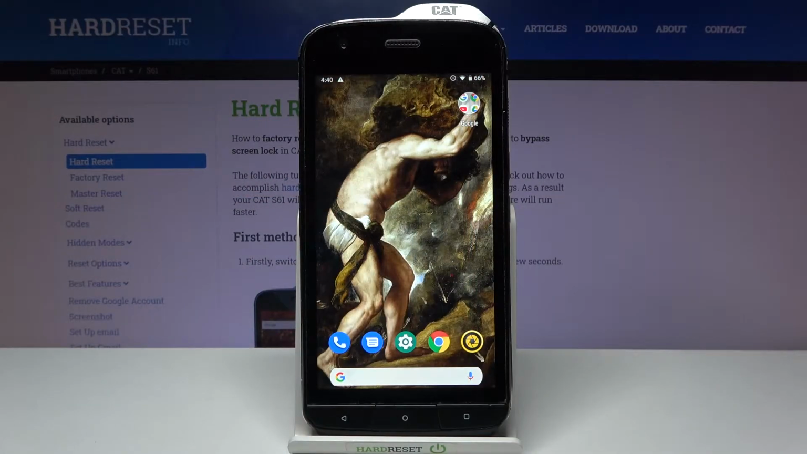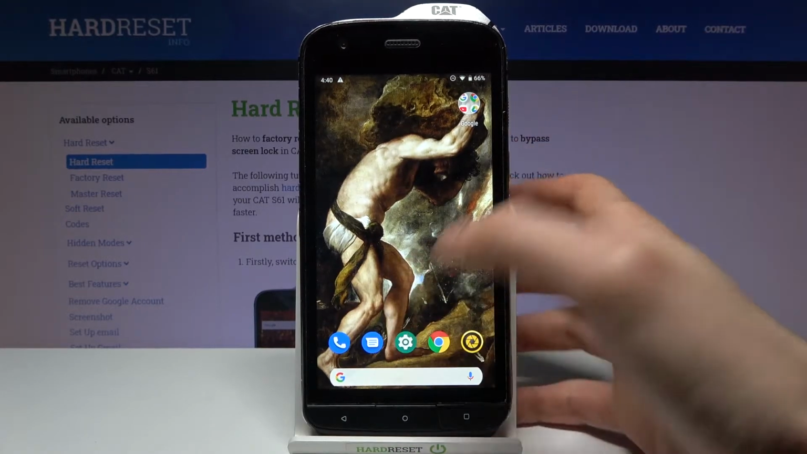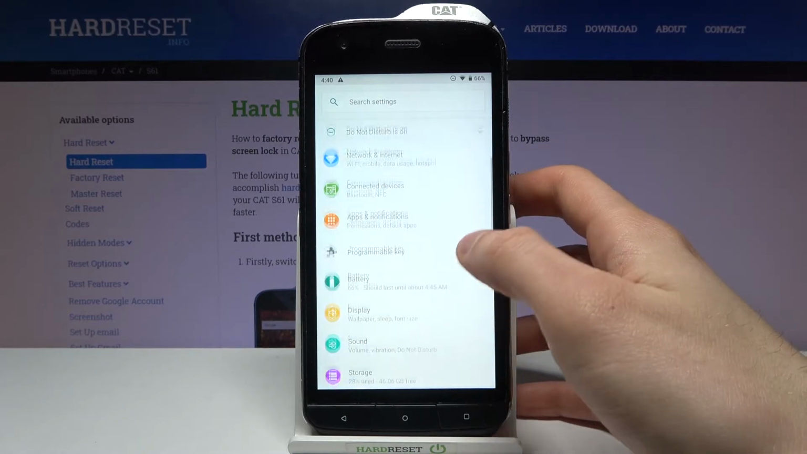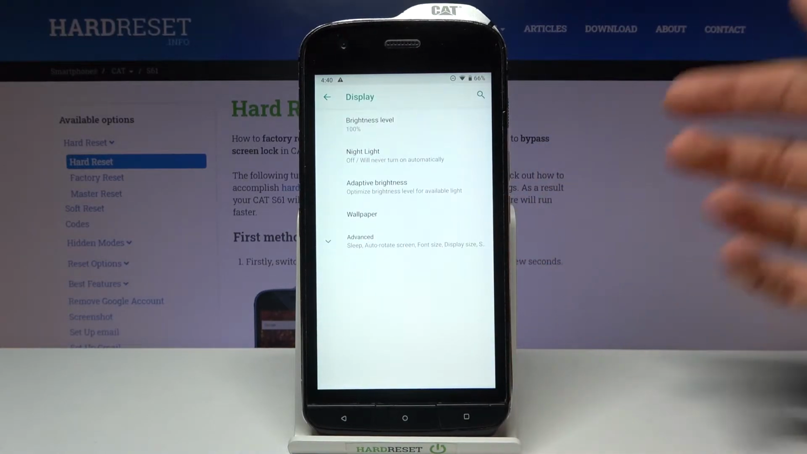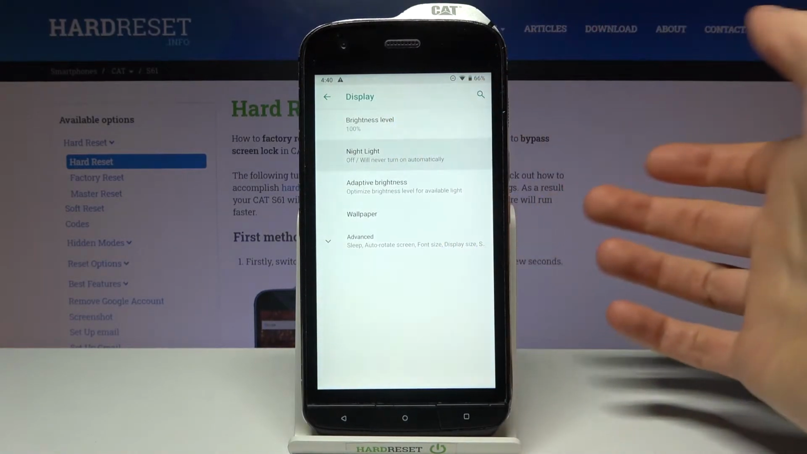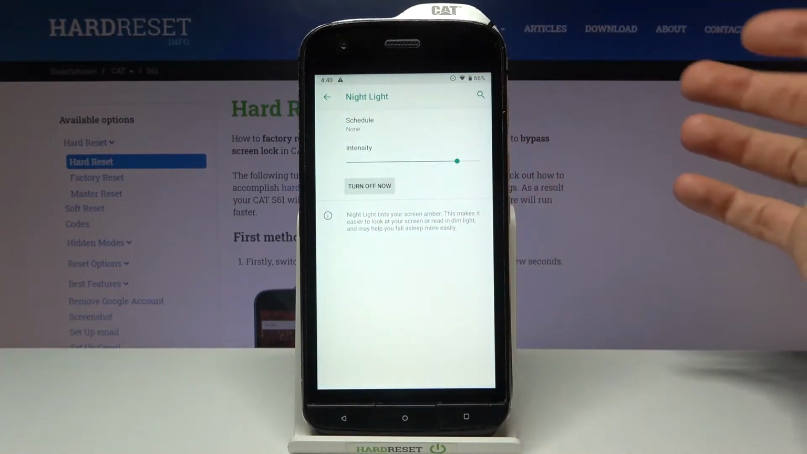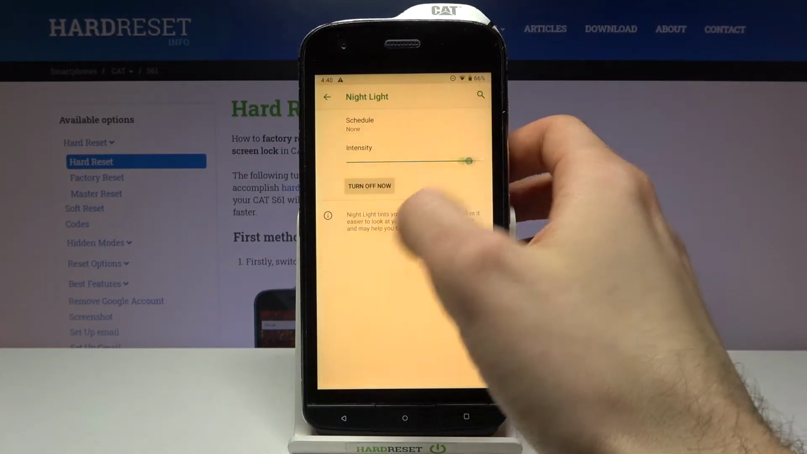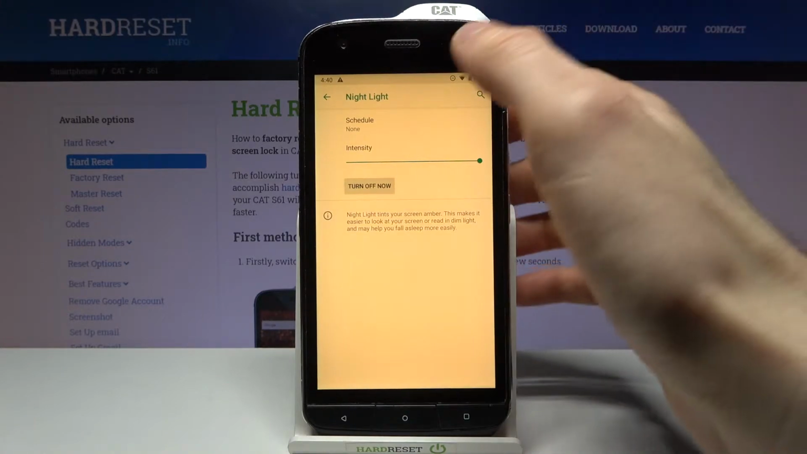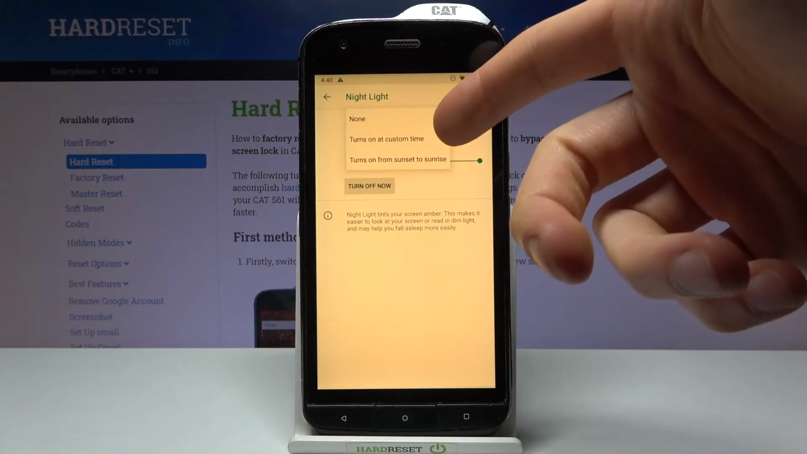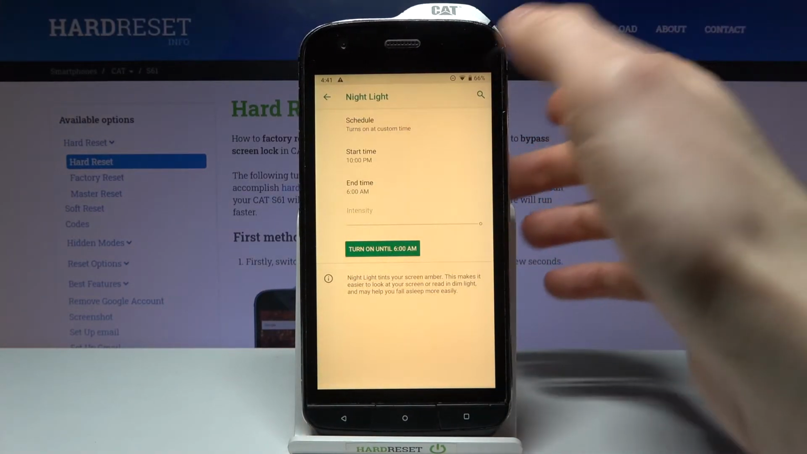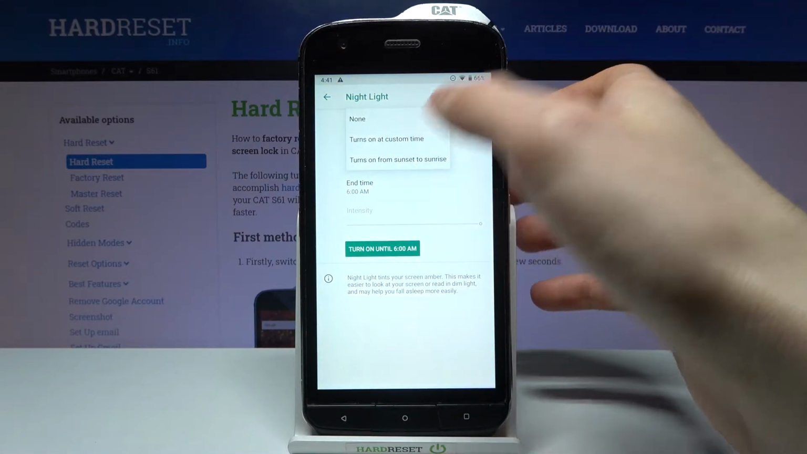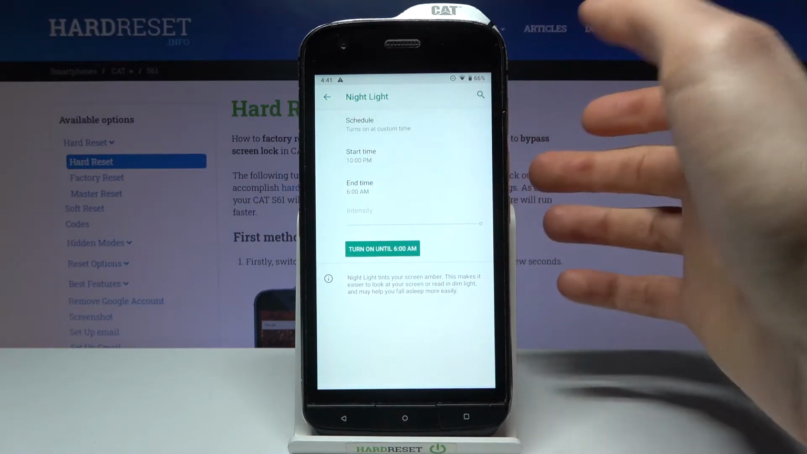Here I have CAT S61, and today I'm going to show you how to enable night mode on this device. So firstly you have to open settings, then go to the display section, and here you have this option night light. Here you can switch it, here you can change its intensity, and you can also add a schedule for this mode. You can set it on your custom time or have it turn on from sunset to sunrise,